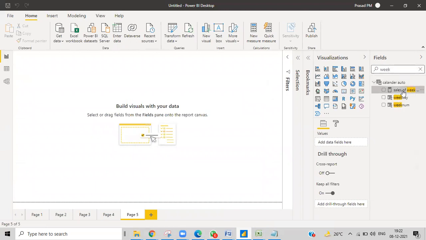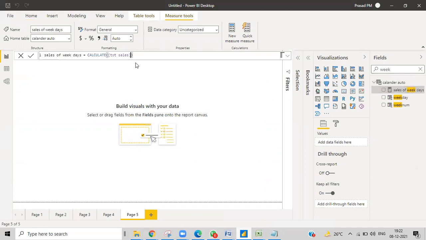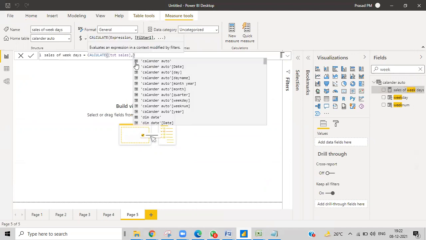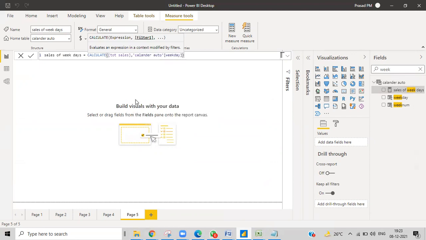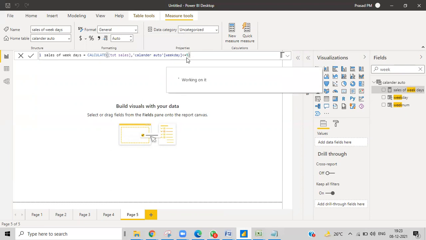Sales of weekdays. So I calculate that and then I want to give that. What I can give right now is, I want to compare with that particular column, which is week number or weekday. I do have a weekday column, and that should be less than or equal to 5. So why have I given that the weekday should be less than or equal to 5?